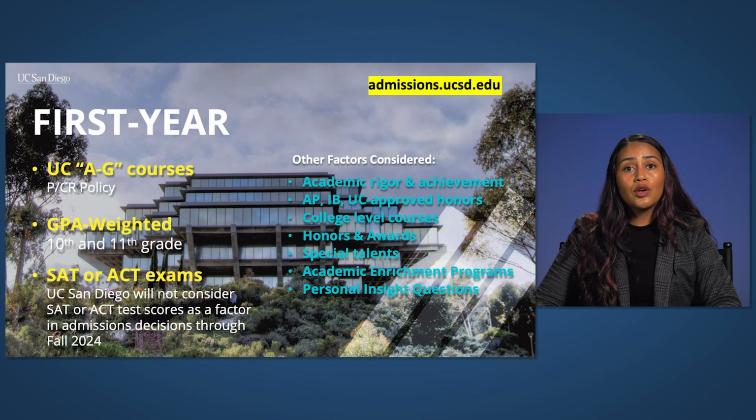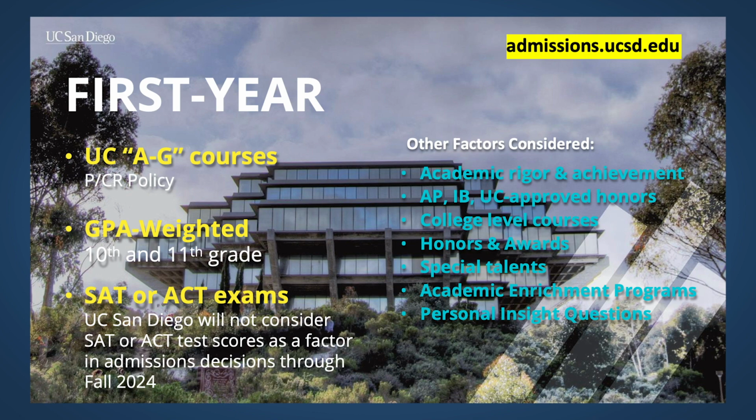Because of this ongoing COVID-19 pandemic, the UC has made an exception, and we will be accepting pass/no pass or credit/no credit for spring, summer, and fall of 2020, as well as spring and summer of 2021. Next, we are looking for your weighted GPA, right? We have a minimum GPA requirement of a 3.0, and we primarily focus on your 10th grade and 11th grade